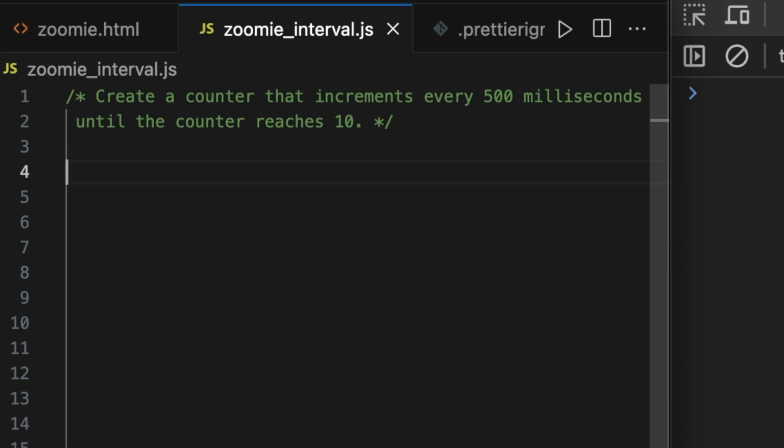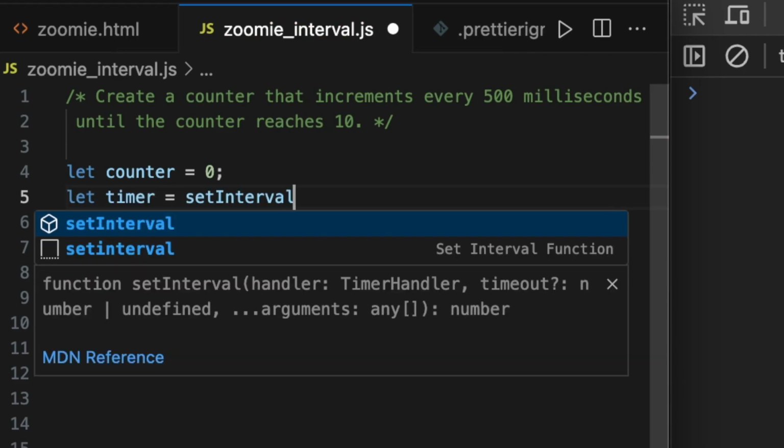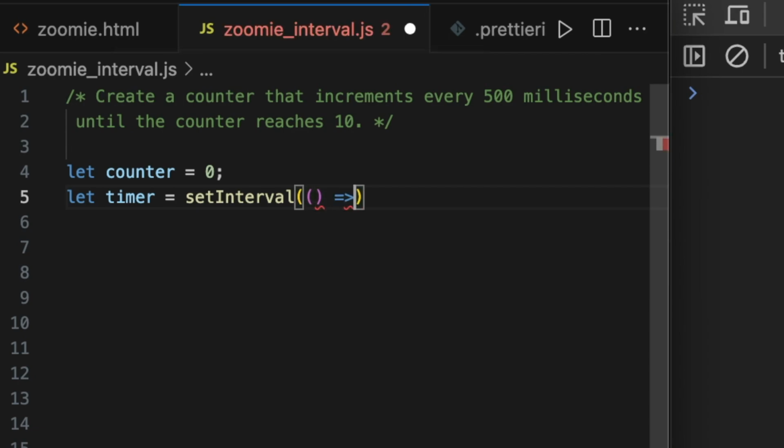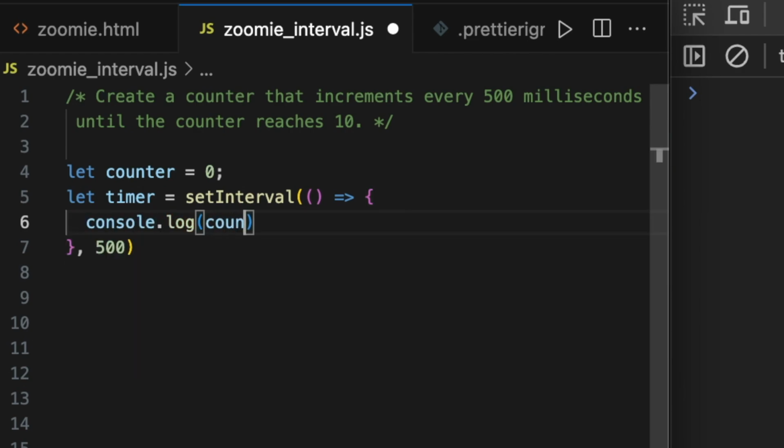On to some coding questions. Create a counter that increments every 500 milliseconds until the counter reaches 10. Cool, so we can start by declaring a variable called counter, and we'll give it a start value of 0. Then we're going to use the setInterval function. However, we'll assign it to a variable called timer so that we can later clear the interval once we've reached 10. So I'll go ahead and add setInterval to timer, and then we'll add a callback,